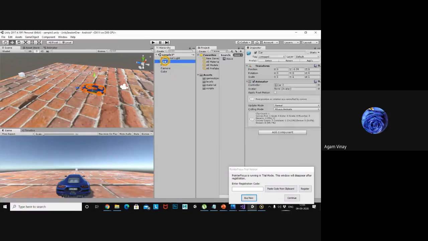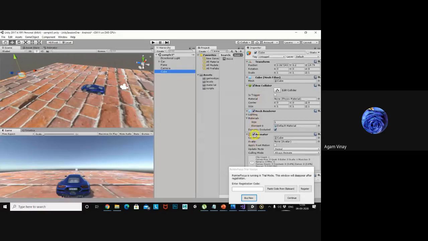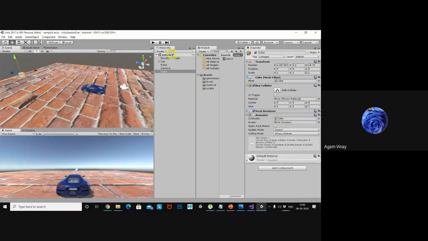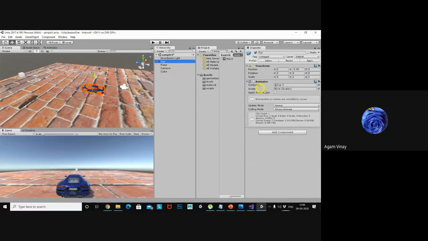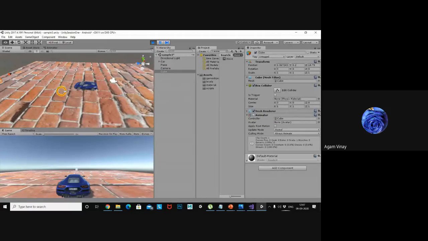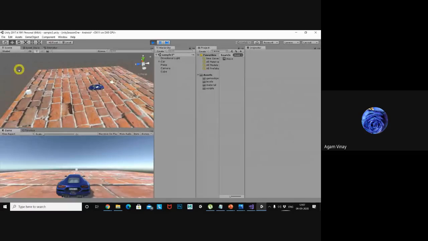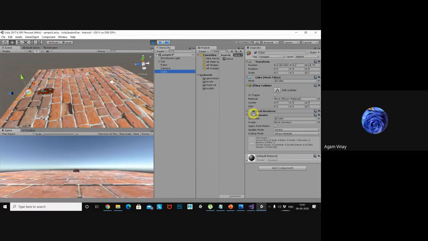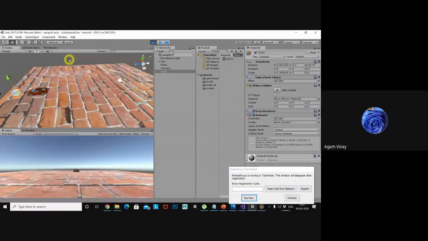So what I will do first, I will disable the animator. Disable means the animator component won't work, you know. So the car animator is disabled, the cube animator component is also disabled. Now I want to play and check whether the animations are applying or not. So it's not applying. Now at runtime, I am enabling this component, the cube component.